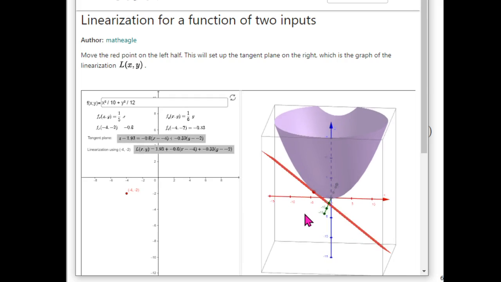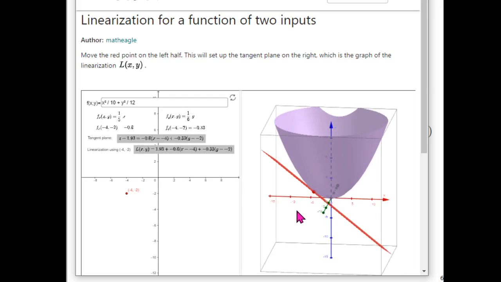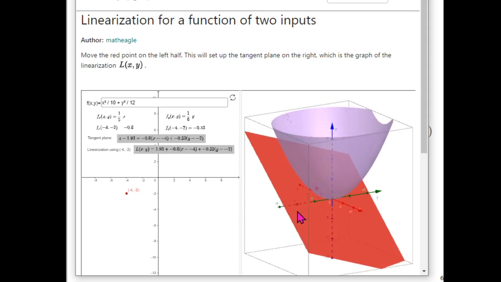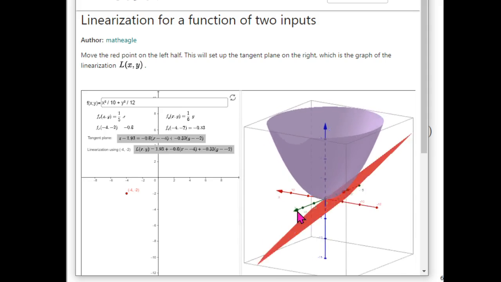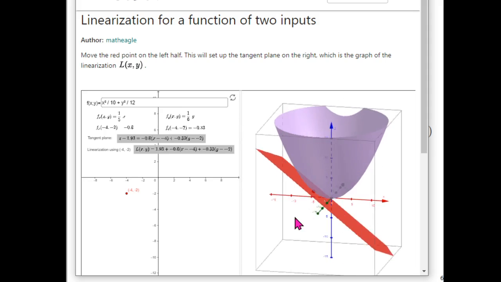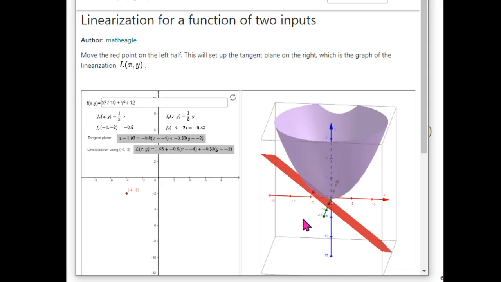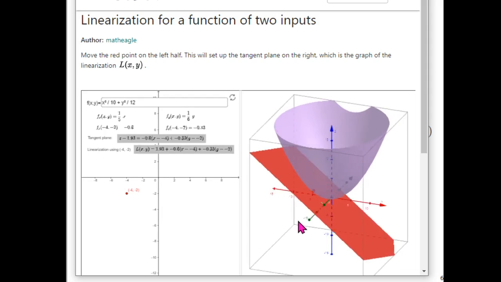I mean, I hope by spinning this just right, maybe I'll just get this to free spin for a second. I hope you see that plane is just barely touching the graph at that point -4 comma -2, and that plane, if we want that to be the graph of a new function,